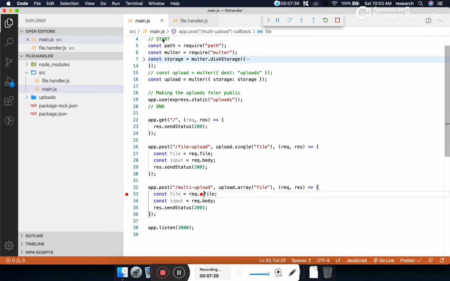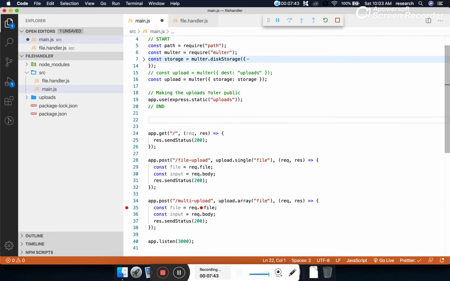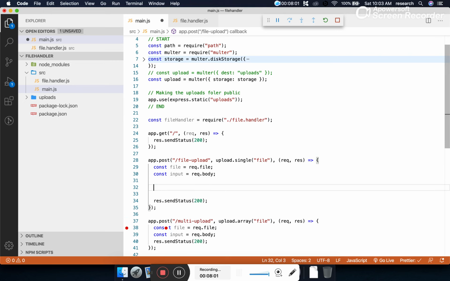Now let's call this from our main.js, and here we have to import our library module, local module. What is our module name? It's file handler, and let me call it what? fh, file handler. const. And here we can call, this is for the single upload, single process handler.